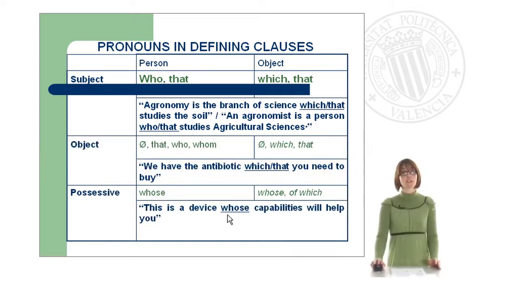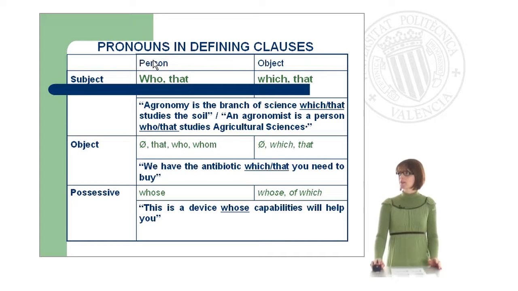Okay, in the two following slides, you have some tables which summarize the use of relative pronouns in both defining and non-defining relative clauses, and also specifying if the relative pronoun functions as a subject, as an object, or a possessive. Let's have a look at the first table. Pronouns in defining clauses. When the pronoun is working as a subject, remember that you normally use who or that